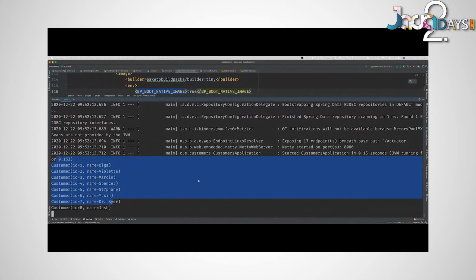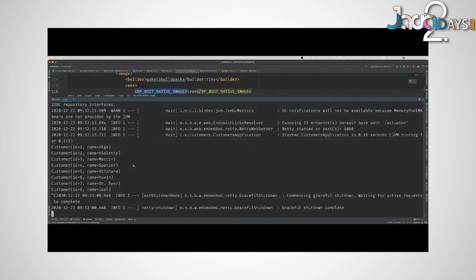And the best part about this is not the startup, because who cares? Most architectures don't care about that, right? What we care about is the memory footprint at runtime, right? If I am running this in production, this takes tens of megabytes, maybe 50 megabytes or 20 megabytes or 30. It doesn't take hundreds or thousands of megabytes. It doesn't take that at all. It's very, very efficient. So now I have this very lightweight thing. I can deploy many instances of this for cheap. It doesn't cost as much, so it's a wonderful technology to be able to use and to be able to have it in production.